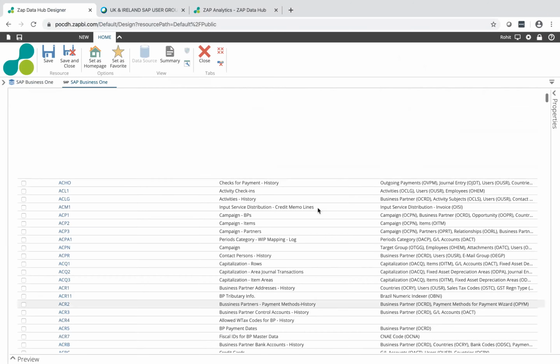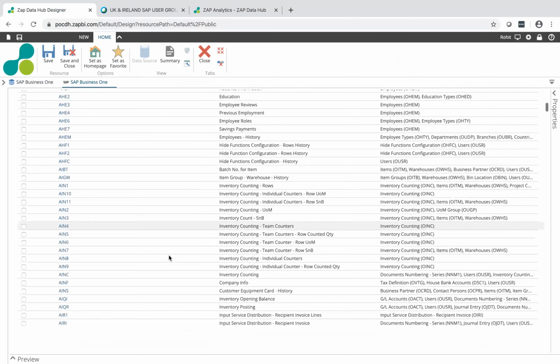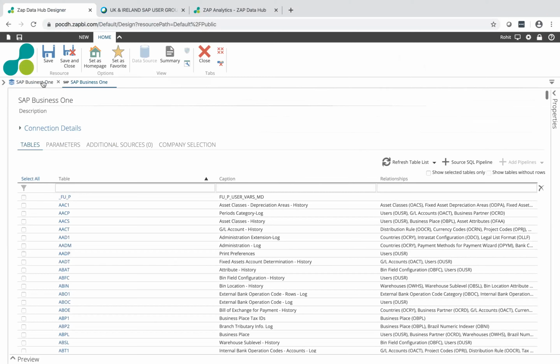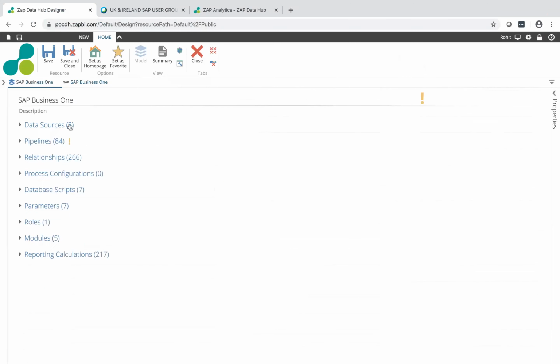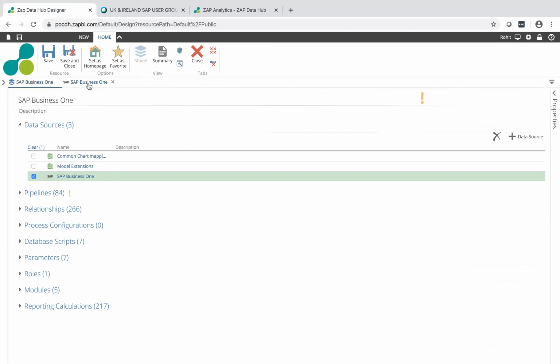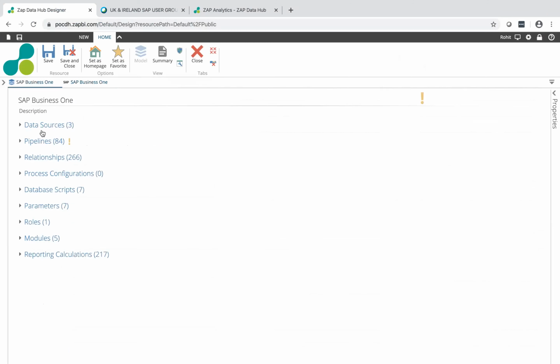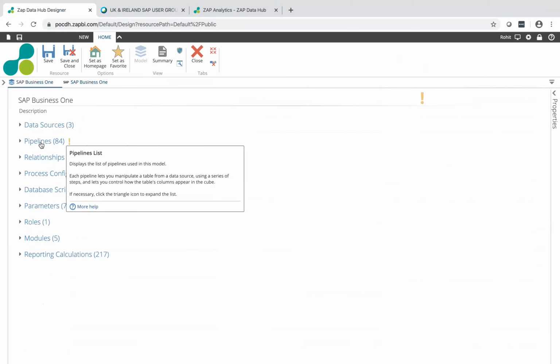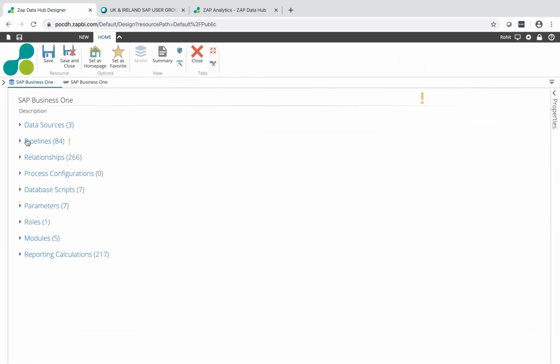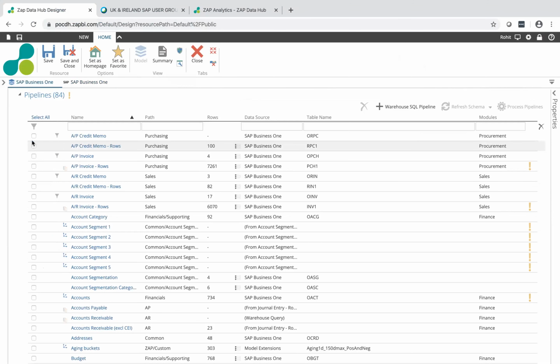I've not built the warehouse yet. But if I come out of here and go back here, what it actually does is it connects and brings those 3,000 odd tables into the staging area. And from those 3,000 odd tables, it formulates a core data warehouse with 84 pipelines. So a pipeline fundamentally is a table in a data warehouse. What we call tables in your ERP system, we call pipelines in the data warehouse. As you can see, all those cryptic names go away. There is all this running commentary going on with actual English names, which helps people.